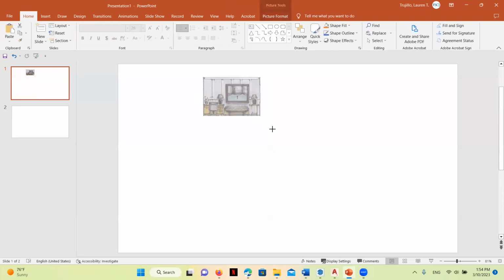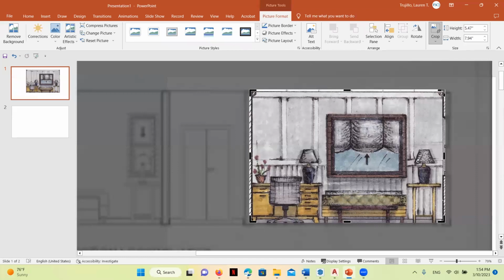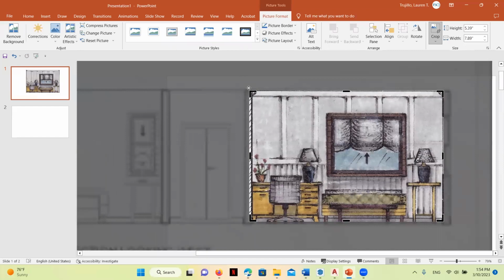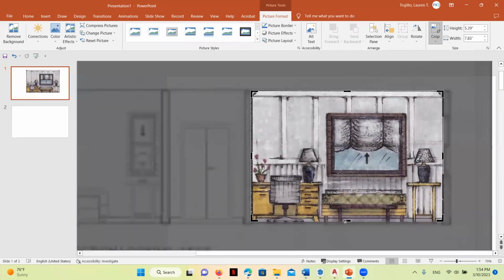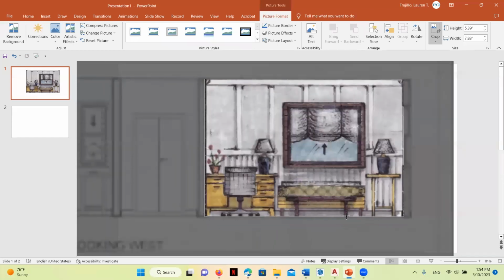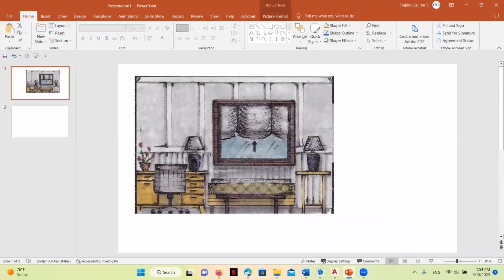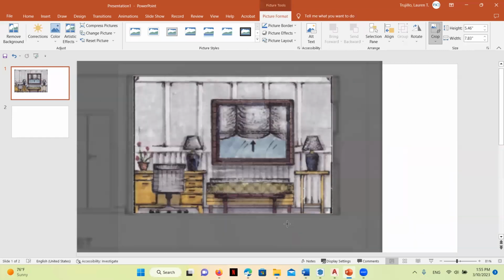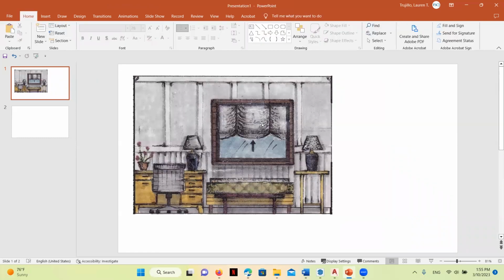It's pretty small here, so I'm going to stretch it out so we can see a little bit more detail. And I'm going to crop again. I'm trying to get it to a point where I can still see the black outline where the room starts and stops, and that's really helpful for my viewer. You can see here, I've got to come down just a little bit more over here. And there we go. Okay, so we've got our drawing ready now. I'm going to come down just a little bit more and show some more ground line right there. My ground line's not very thick. Okay, so we've got our elevation drawing here.